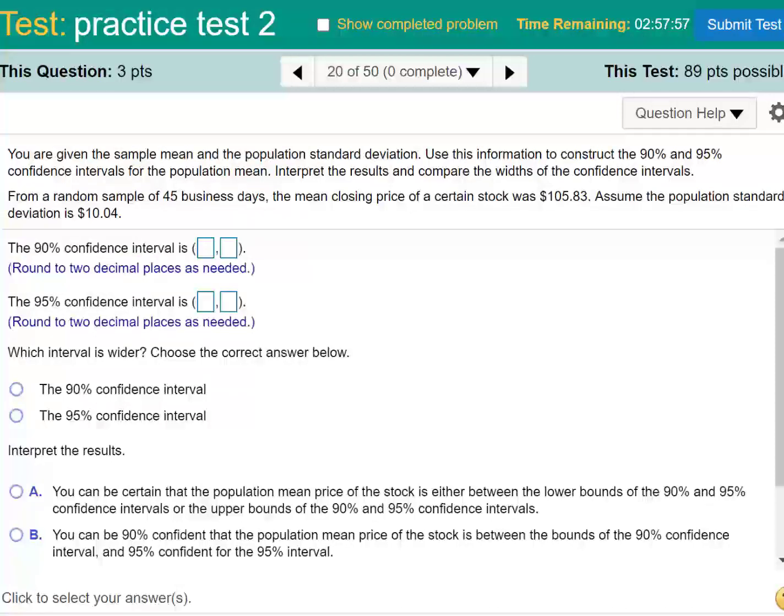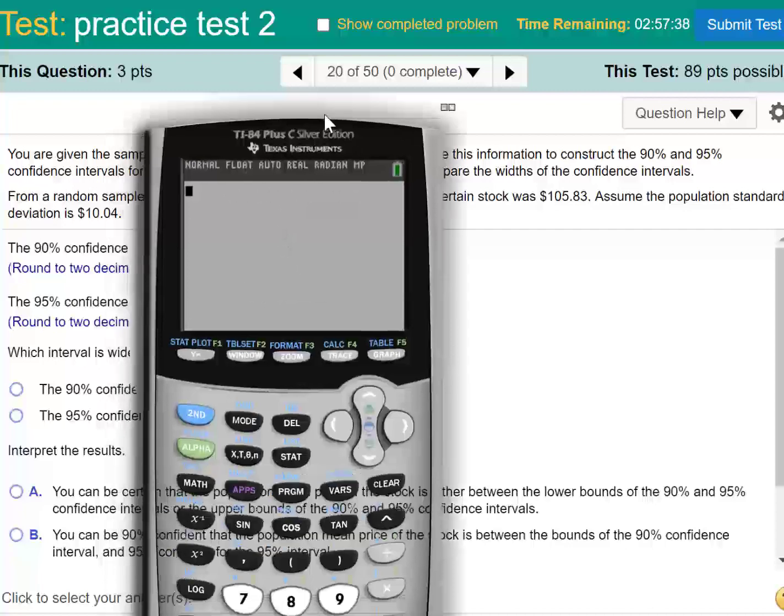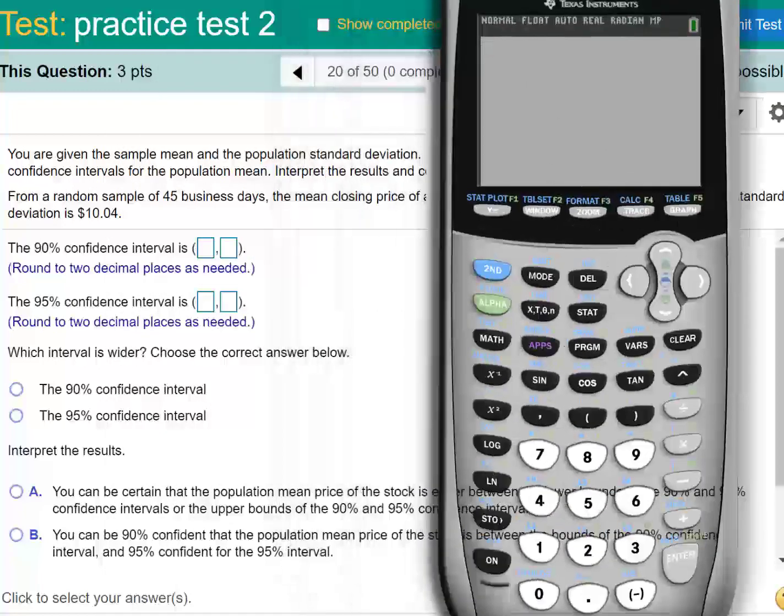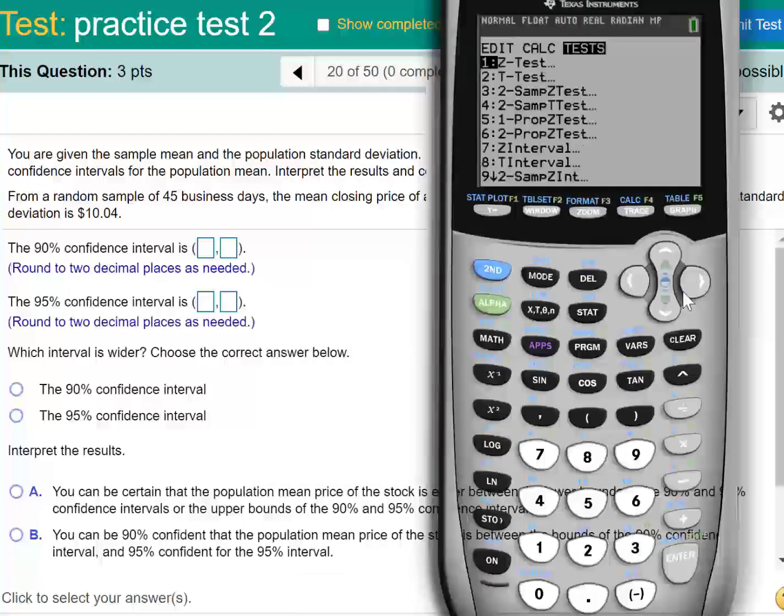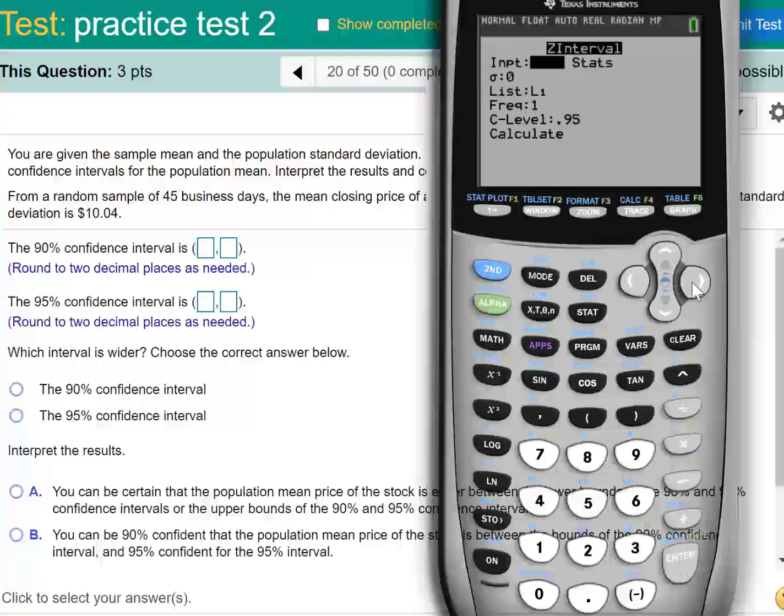You are given a sample mean and the population standard deviation. Construct a 90 and 95% confidence interval. If it gives you the population standard deviation, please remember that you must use the z interval. So in this case, if I just bring the calculator up here, stat, you go to tests, and it's a z interval because sigma is given. And you have summary. So what is sigma here? He says